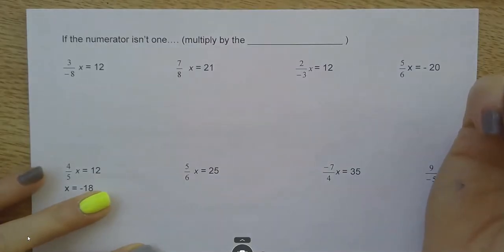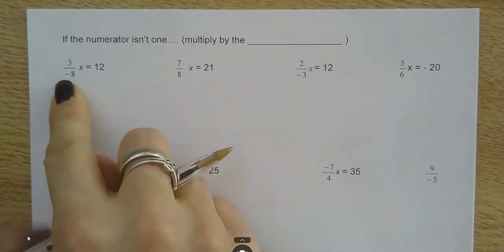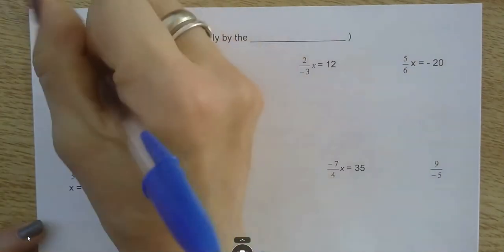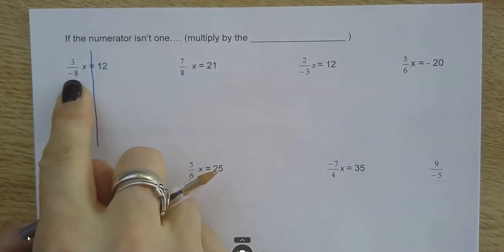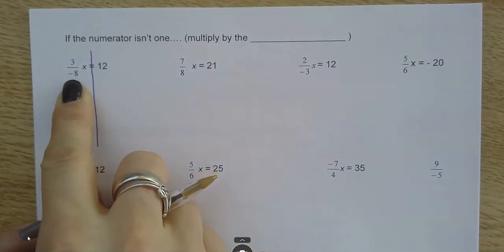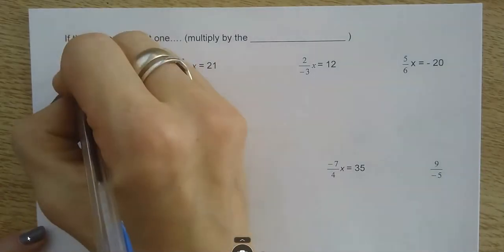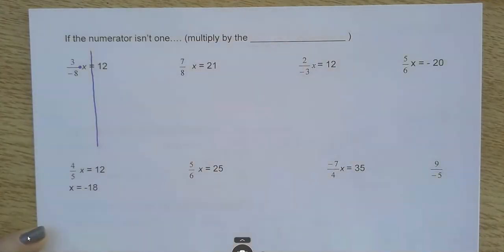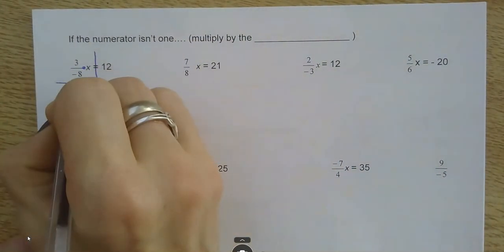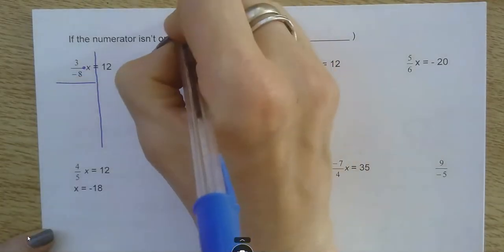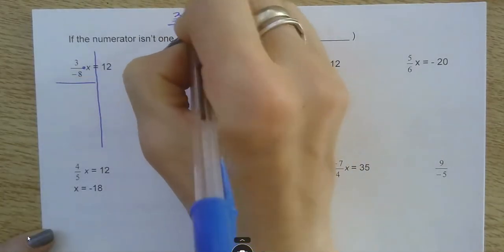Okay, let's look at some equations where I have fractions that I need to cancel out. I'm going to do one. If I look at this one, I need to cancel out that 3/8 or negative 3/8. So whenever we're multiplying, the inverse would be to divide. Well, if I divide this by 3/8, so 3 over negative 8 divided by